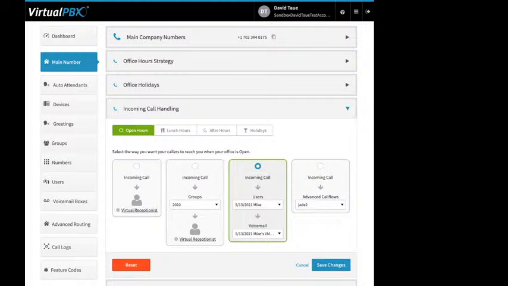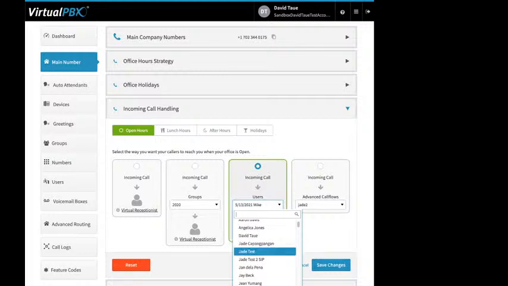Third option. Call comes in, again, we're offering it to Mike. If he doesn't answer, it goes to Mike's voicemail. Now, this has the same pull down options as the second option here, right? You can send it to users, groups, media file. You can send it to specific device. If we scroll down,